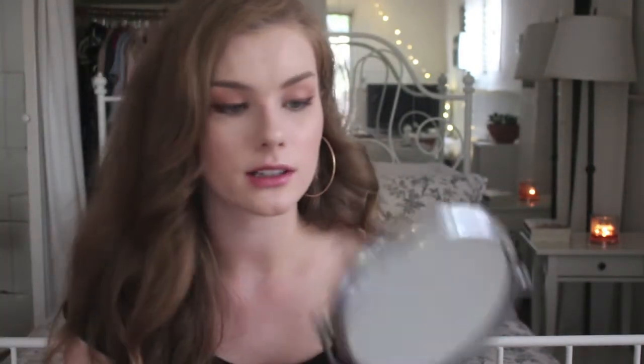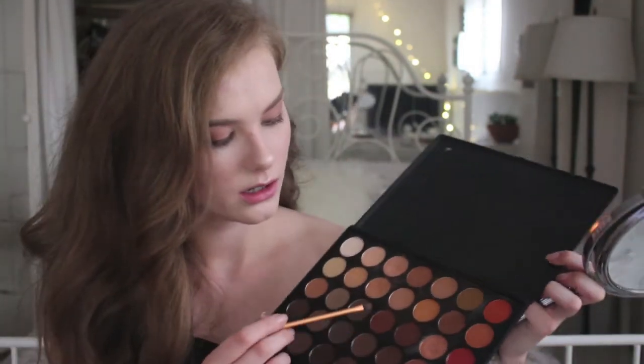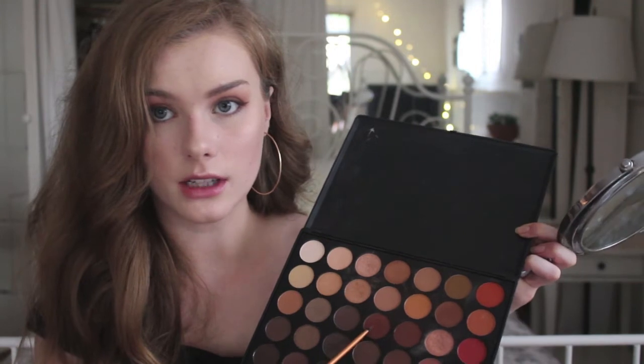But we're gonna do our under eyes first, because if any shadow gets under, we'll have to fix our fallout again. So I just take a little tiny brush, like this one from Real Techniques, and take this middle shade, which is a reddish medium brown, tap it off, and I don't put this all the way under my eye, just in the outer third, right under my lashes,